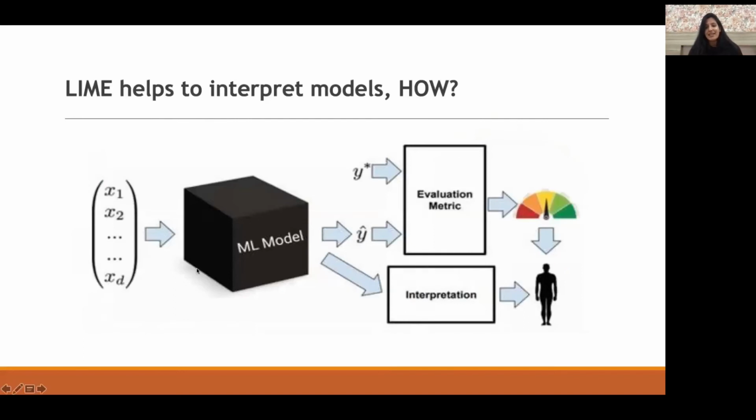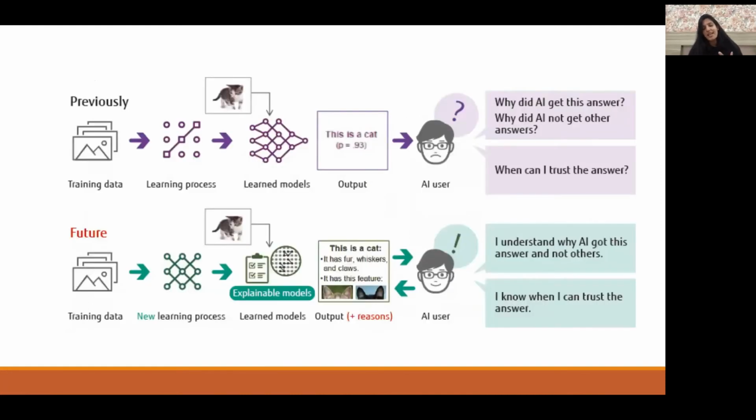And we clearly now see that this black box needs to be broken down with the help of interpretation. Just having evaluation metrics in place to understand your model or to improve it is just not enough in today's business-centric world. So let me give you another example to bring the idea across in a much better way. Currently, that's how our machine learning pipelines look. We feed in the training data, let's say we are doing a dog-cat classifier again. We have a learning process, let's say a deep neural network.